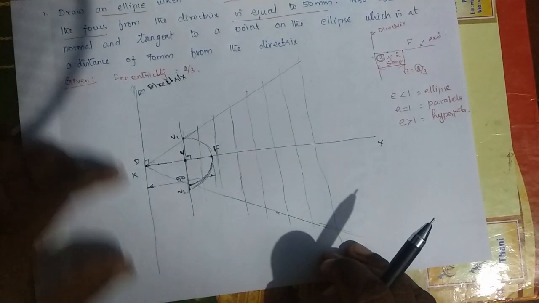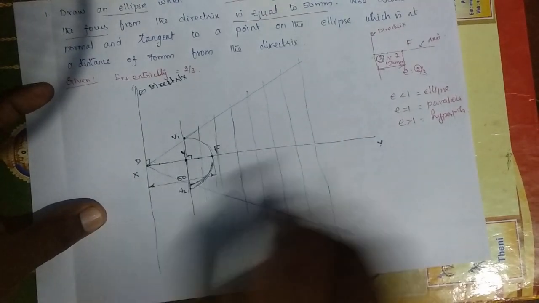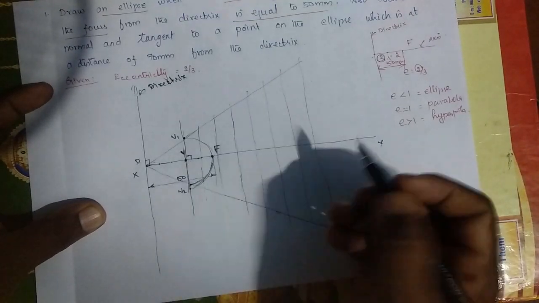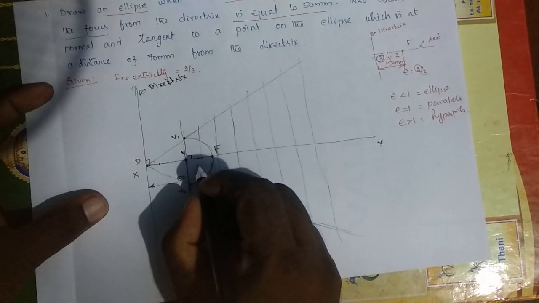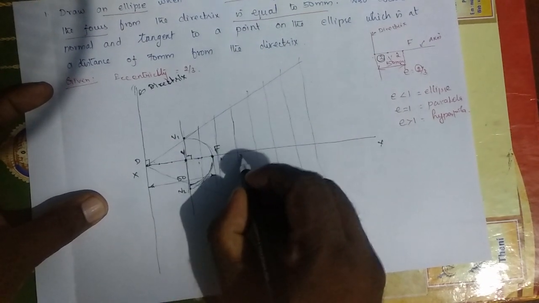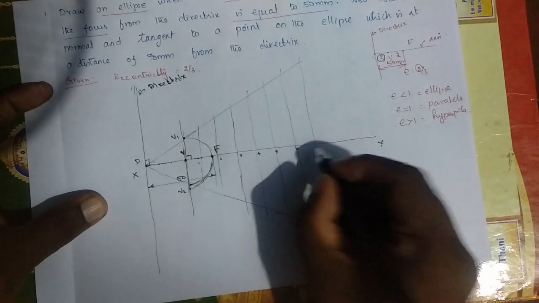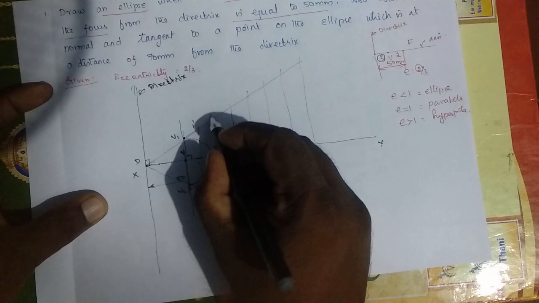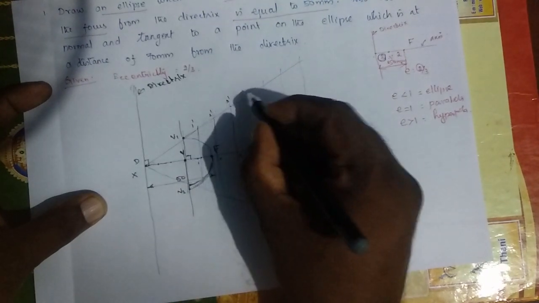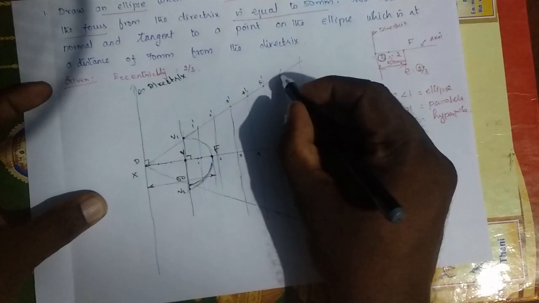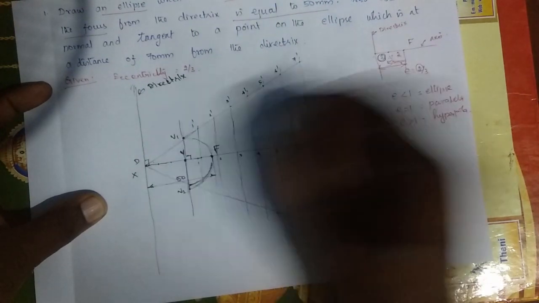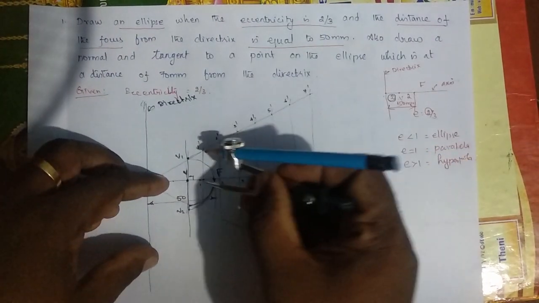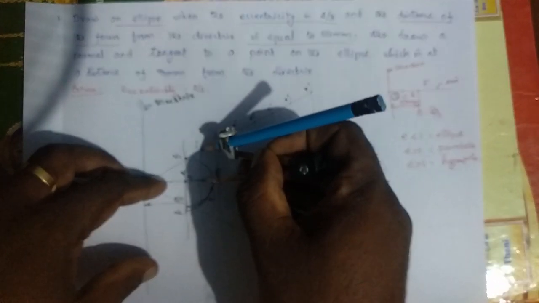Okay, so likely we have to draw Cn number of lines. So now I am taking the points. So this is 1, 2, 3, 4, 5, 6, 7, likewise. So simply here, that is 1 dash, 2 dash, 3 dash and 4 dash, 5 dash, 6 dash and 7 dash, likewise.